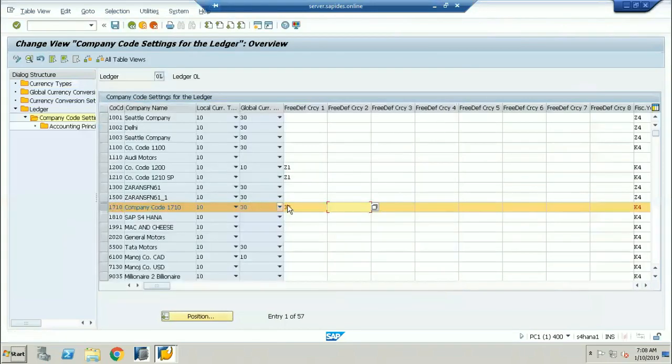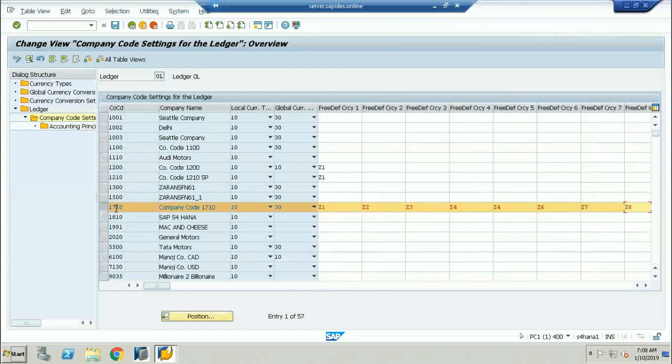For example, I have taken this as Z1, this Z2, this Z3, Z4, Z5, Z6, and Z7. I created all 8 currencies, different currency types. Now, when I'm posting an accounting entry to this company code, like salaries accounts, debits, or whatever accounting entries I'm posting to company code 1710, if I go into the ECDOCA table,